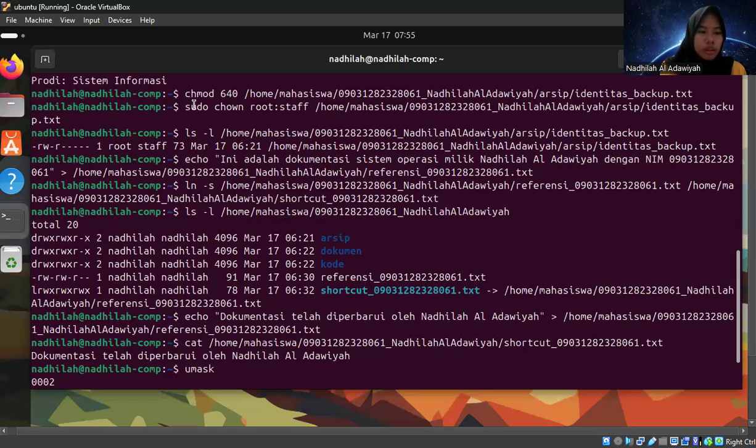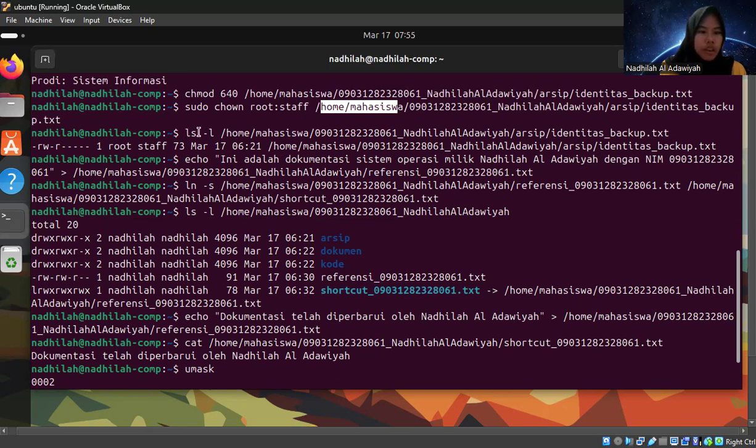We can also change the file ownership with sudo and chown command. So we can change the owner to root and group it to staff. And we can enter the file we want to set ownership to.